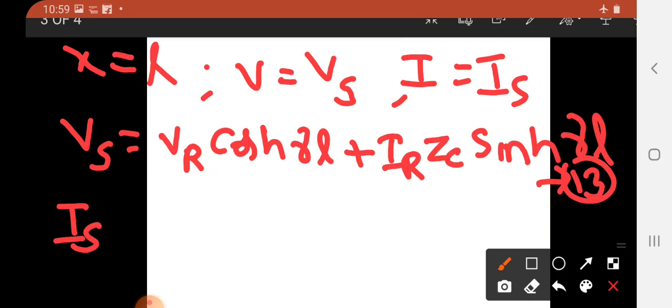Then what is IS? IS is equal to IR into cos h gamma